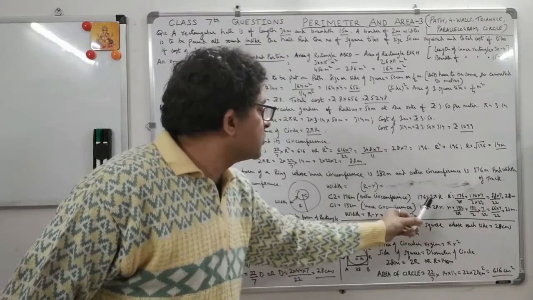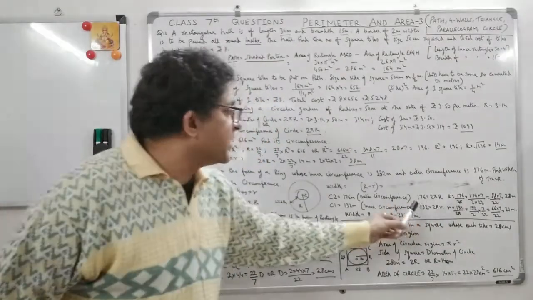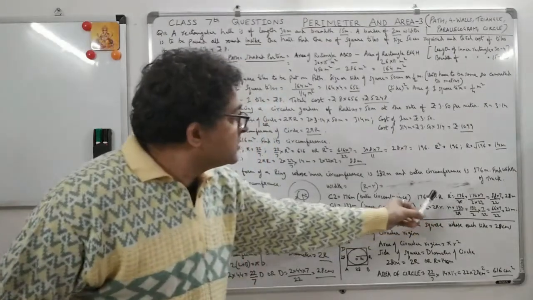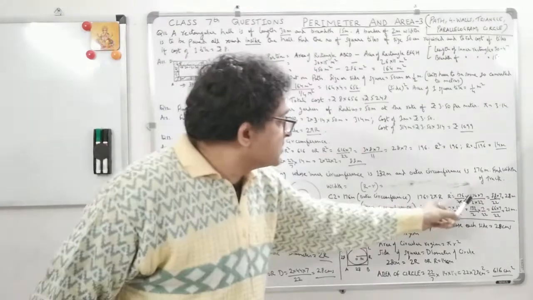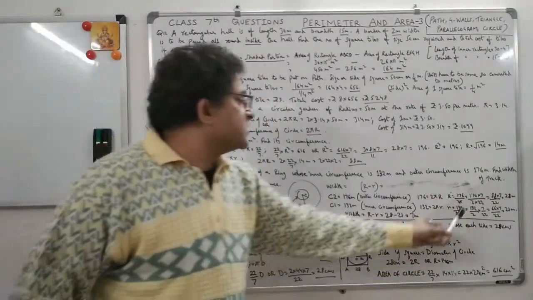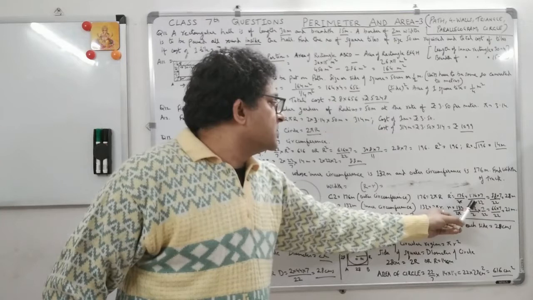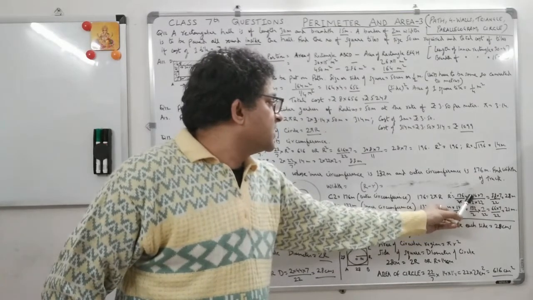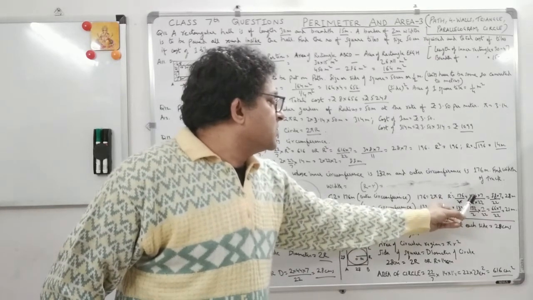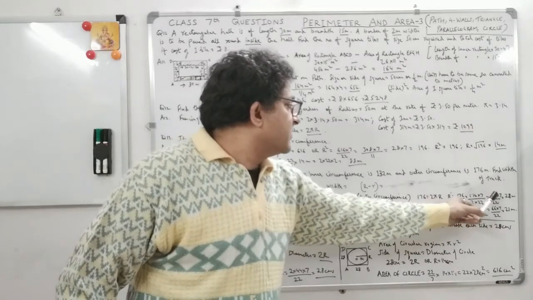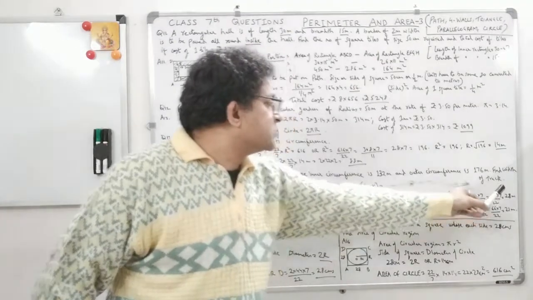176 is 2 pi r, 2 into pi into r. So r is 176 upon 2 pi, right? Which is 176 into 7 by 22. So 176 upon 2, which is already there, and this becomes into 7 by 22. So this becomes 88. How? If you cut this by 2, 2 into 88, right? 2 into 8 is 16, and 2 into 88 is 176. So 88 into 7 upon 22. 88 by 22 is 4. So 4 into 7 is 28, right?